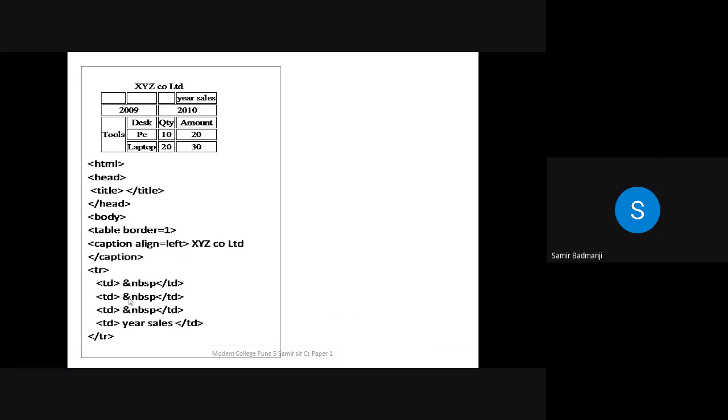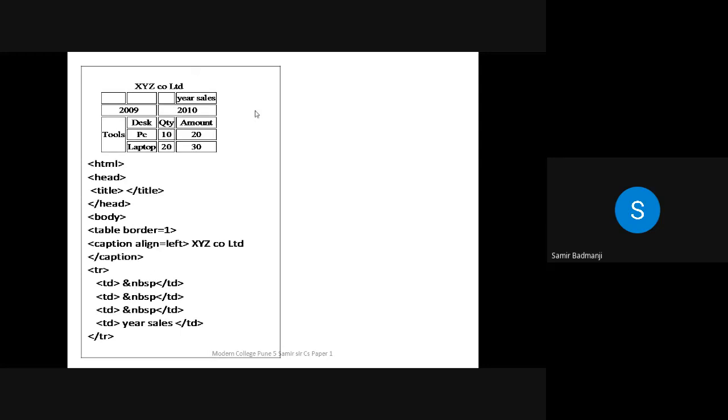Now see here, PD &nbsp;. Basically this is used whenever some blank cells are there. To create those blank cells, you have to write this code, &nbsp;. For the last 4 or 5 years, only 1 or 2 times such blank cells have come in the exam. So usually very rarely this comes.